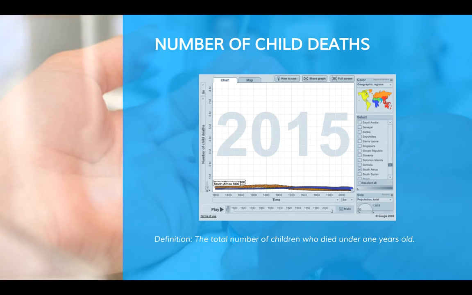The total number of children who died under the age of 1. It can be seen that South Africa has had a longer period of time where child death was less frequent than in the UK, and the point where the two countries diverge most can be seen around the 1800s. However, Britain starts to mitigate the number of child deaths starting from the 1900s and eventually surpasses South Africa in